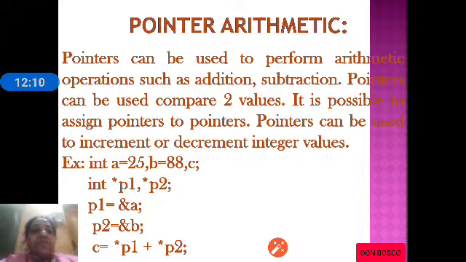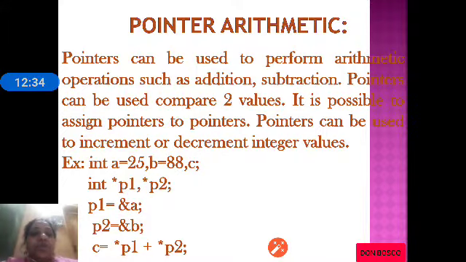For example, you can see we have variable a with 25, variable b with 88. Similarly, we are using two pointers p1 and p2. p1 = &a, meaning the address of a is stored in p1, and p2 = &b, the address of b is stored in p2.